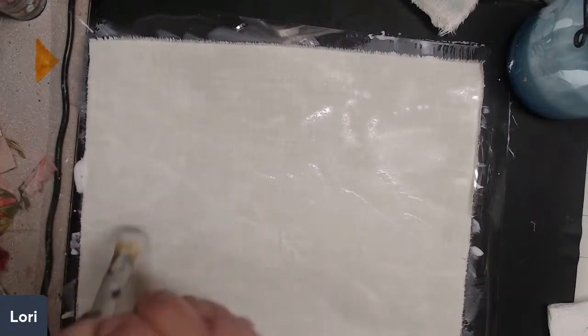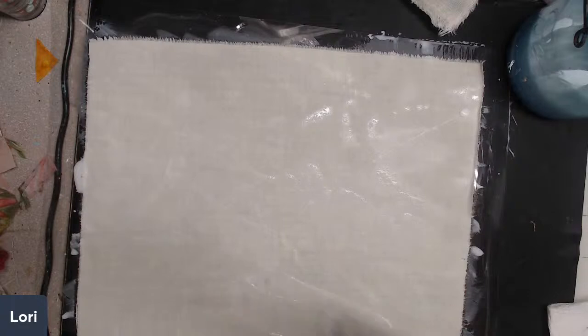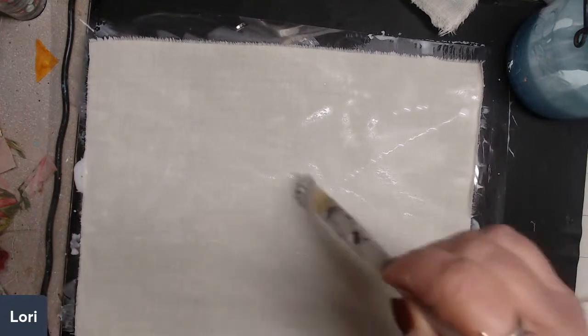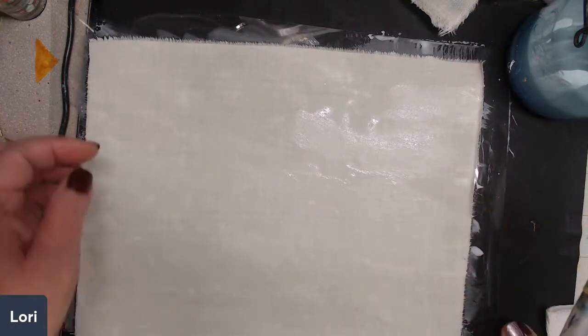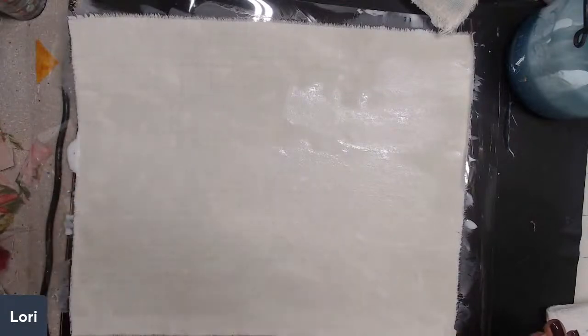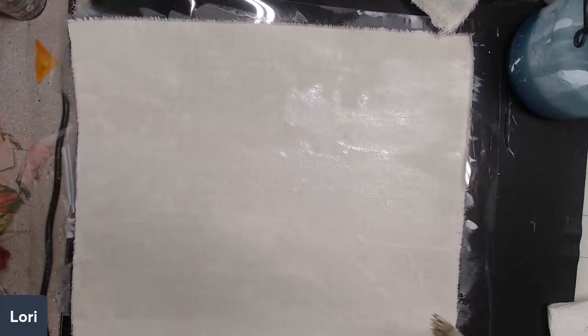Now I did pull out some fabric that I do have a pattern on the one side, but it's brown. So kind of brown and white print, and I wasn't thinking I wanted to work with that color today, so I'm just using the plain fabric. Now the thing is, with Gayle's project, you don't see it finished because when she finished doing what I'm doing, same as me, it's very wet. So she probably uses that in another video, but I'm doing this like at 11 o'clock last night, and I just didn't,